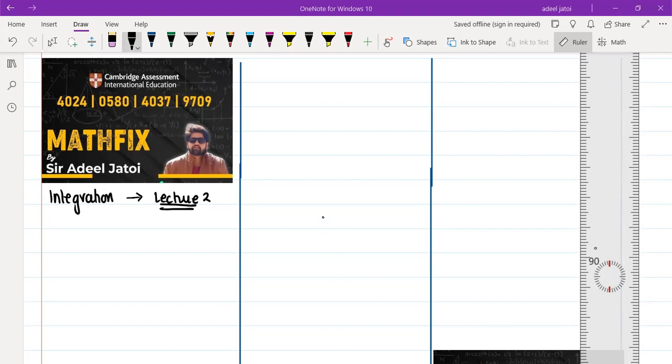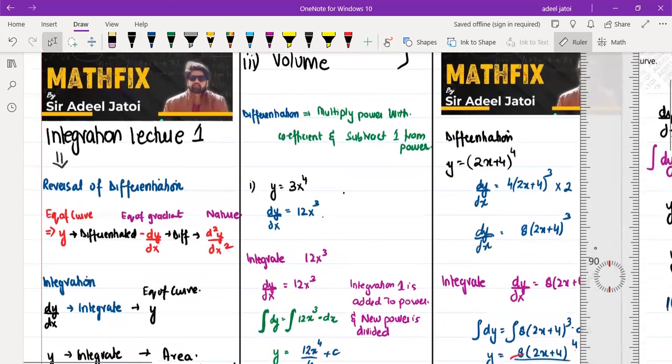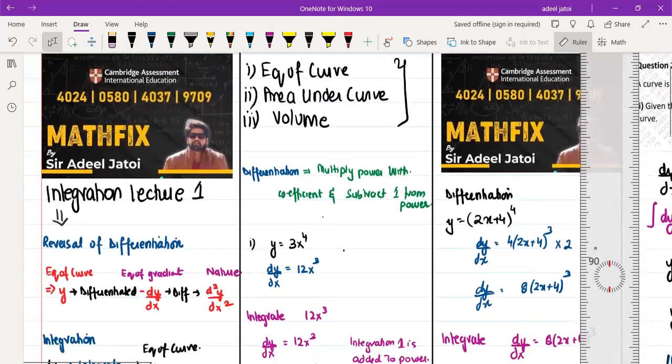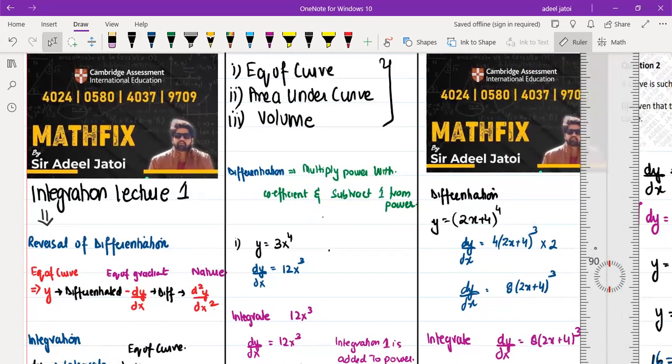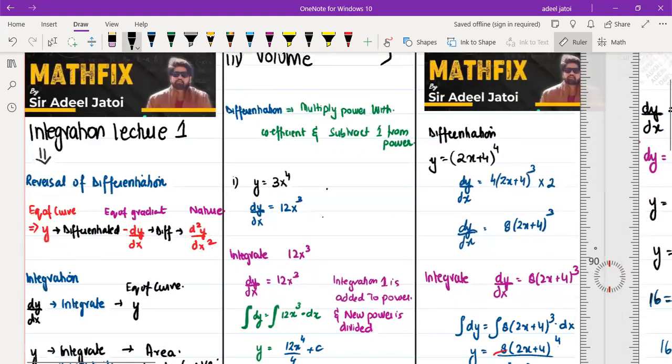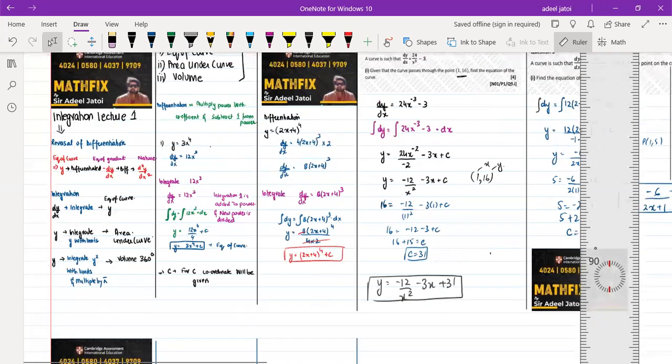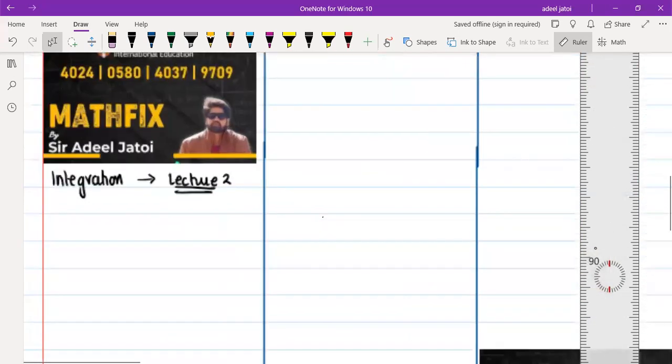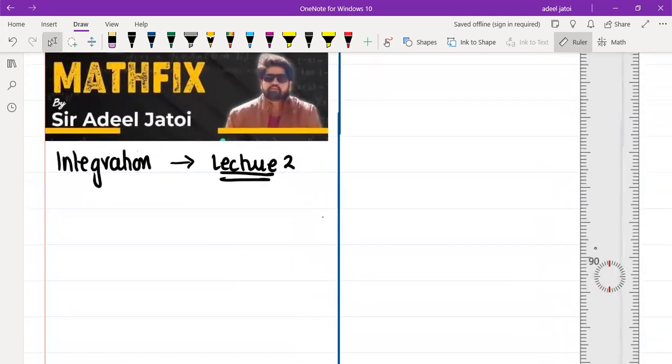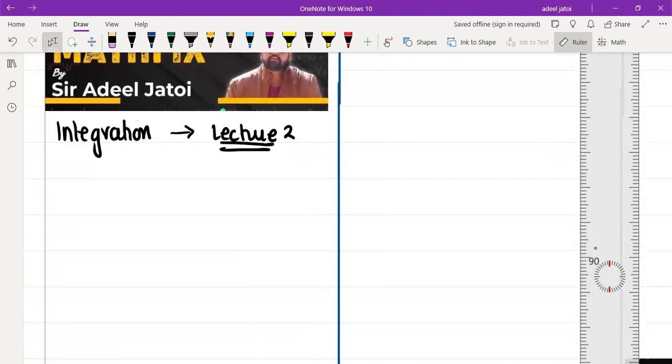Integration, lecture number 2. We tried to finish the equation of the curve in the first lecture, where I explained that in the question you will be asked about the equation of the curve, or the area under the curve, or the volume. So we did cover the equation of the curve with a few questions in the first lecture. Now moving to lecture number 2, where you need to understand that your area is basically under the line,